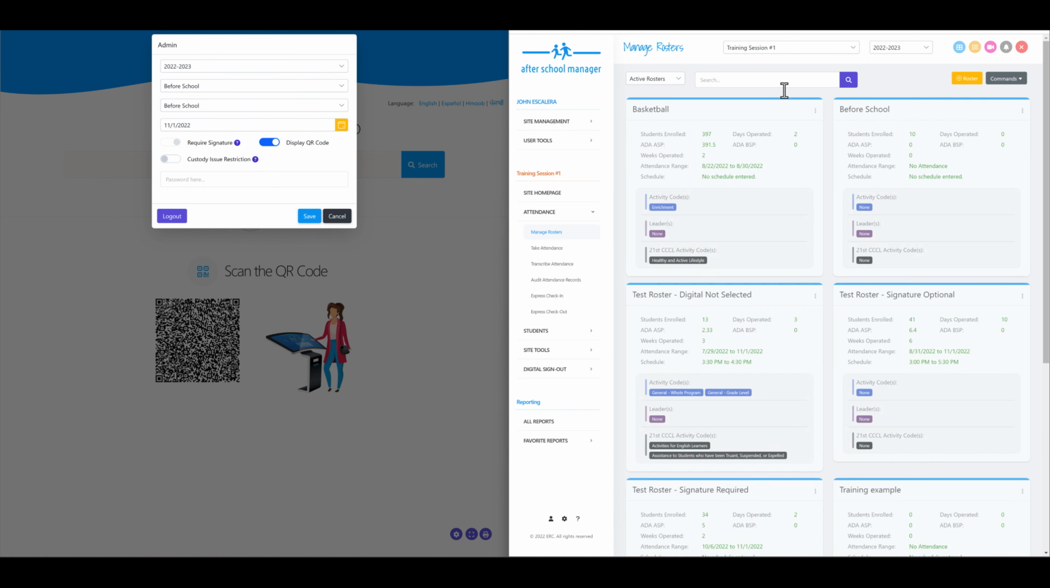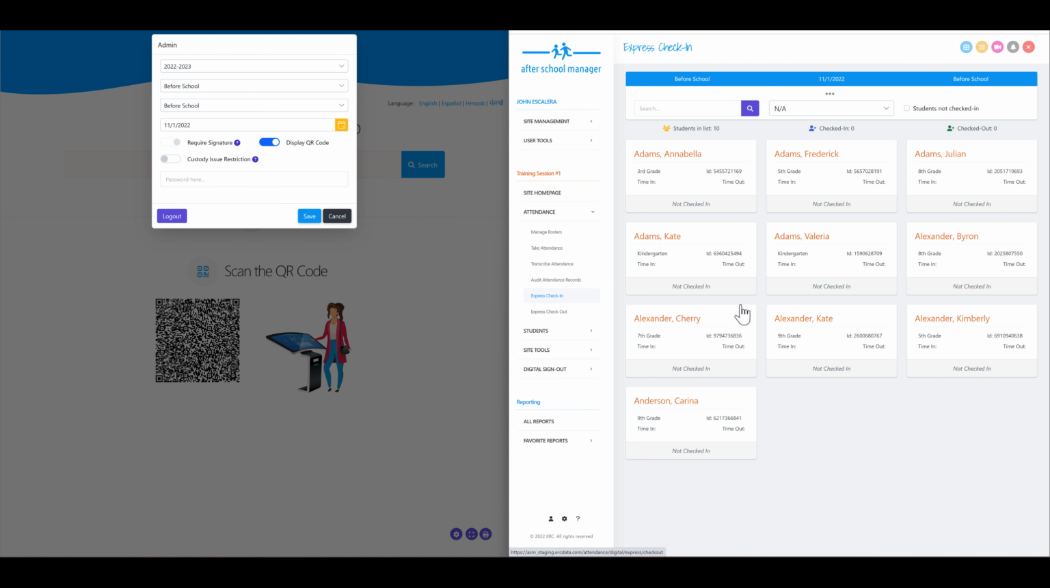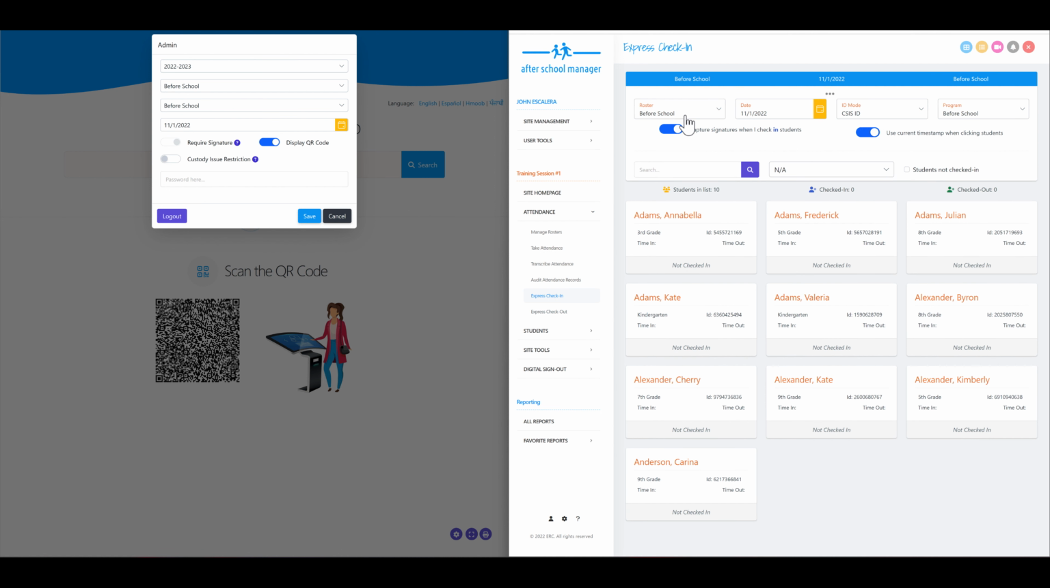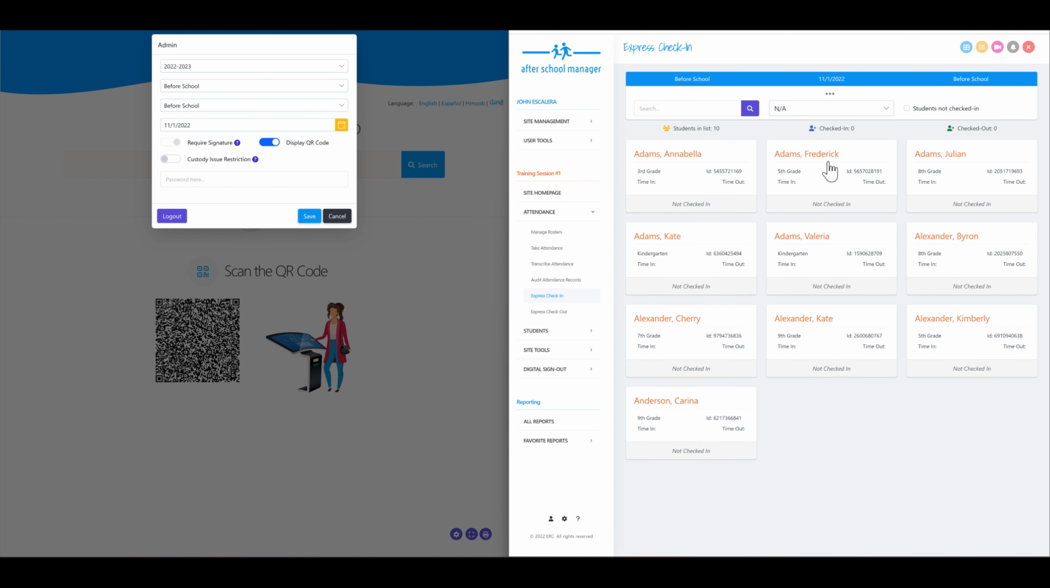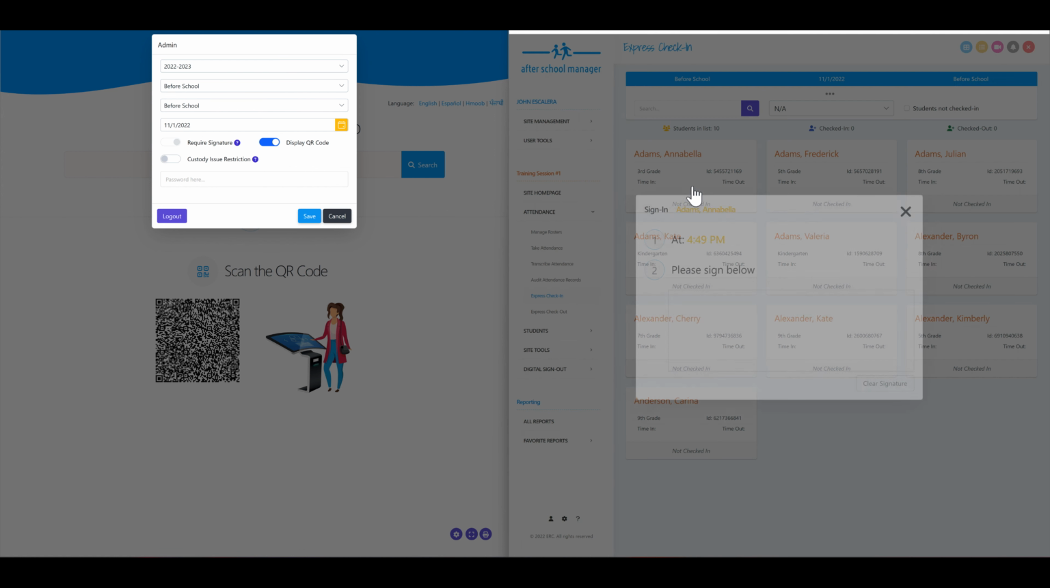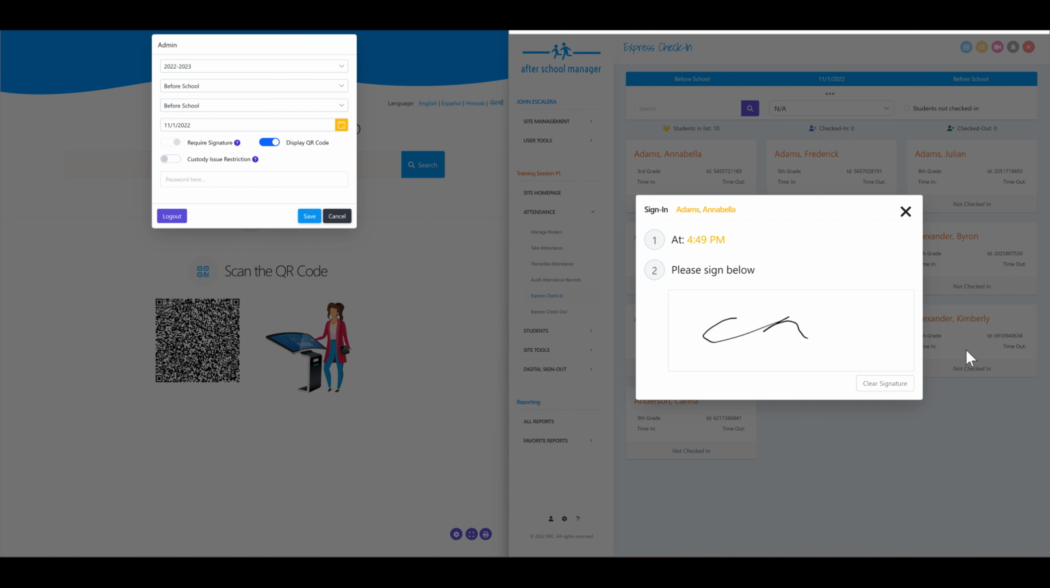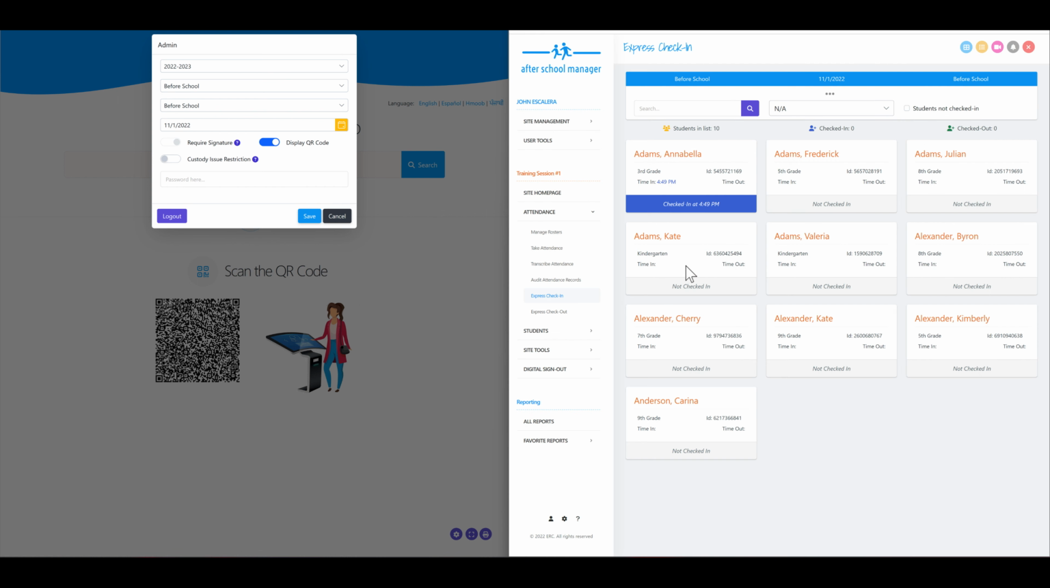I'll go there, and now if I go to Express Check-in, I will see my students listed there. Again, I'm still in my before school roster. I'm still trying to capture signatures. And now as they're dropped off, I can, as opposed to doing the kiosk, tap them. It says what time they're being checked in, a signature. I can turn this around to the parent, tell them to sign, click sign in, and now I've checked in